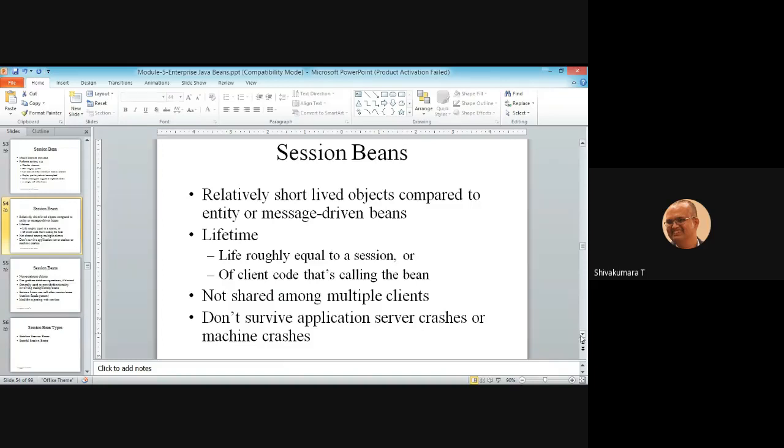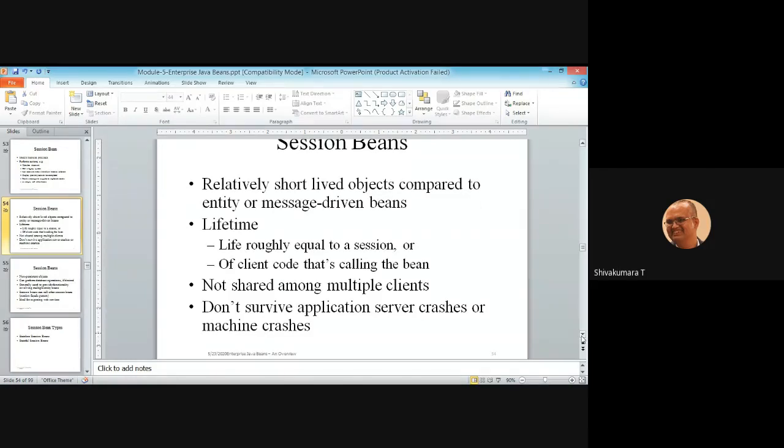Now, continuation. Session beans are relatively short-lived objects compared to entity or message-driven beans. The life of a session bean is very short. Once the process is completed, the life of the session bean ends. Life ending means it still exists with the container.